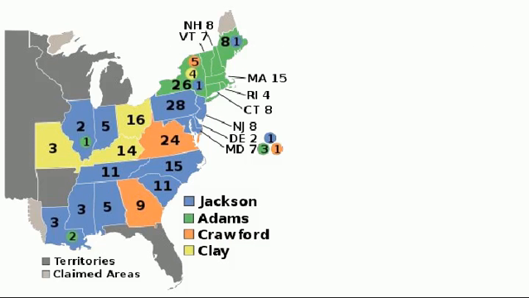Now, notice, does this map look a little bit different in terms of coloring compared to our modern-day elections? When you have four people running for the same party, this is what happens. It splits the ticket. So back in 2016, Donald Trump had said that had he not received the nomination, he was going to run as an independent and run no matter what. That more than likely would have split the Republican Party and the Democrats would have won because people wouldn't have known who to vote for. Well, that's what happens here.